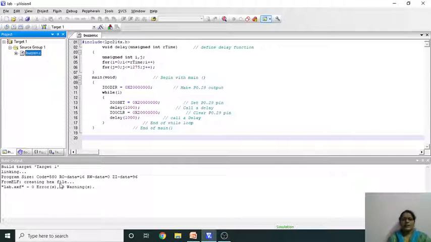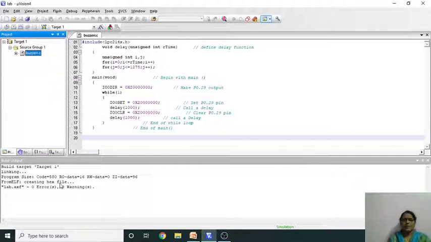Once the hex file is created, next we can flash this program on the ARM target board. For this one, we have to use a software called Flash Utility Setup. This Flash Utility Setup is from the Philips company. The Philips company has implemented this Flash Utility Setup, using which we can download this program from this host PC onto the target board.